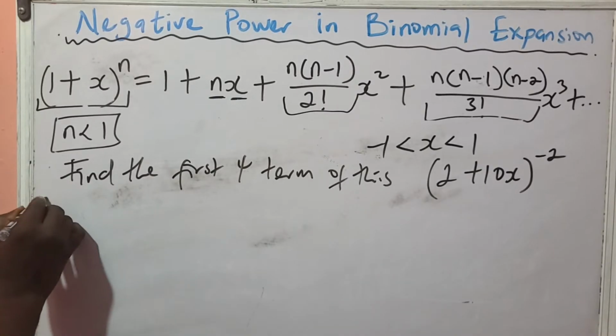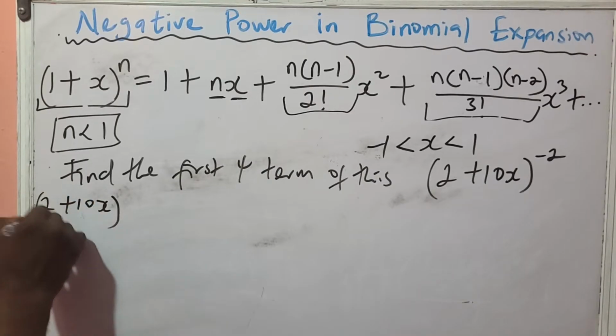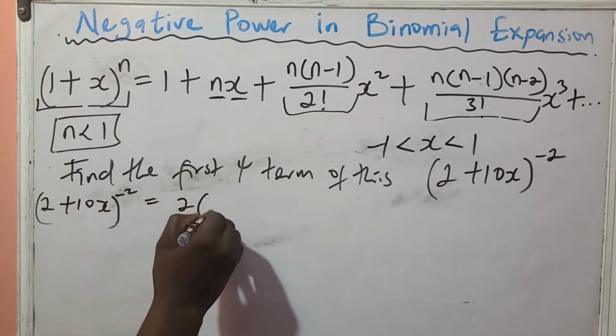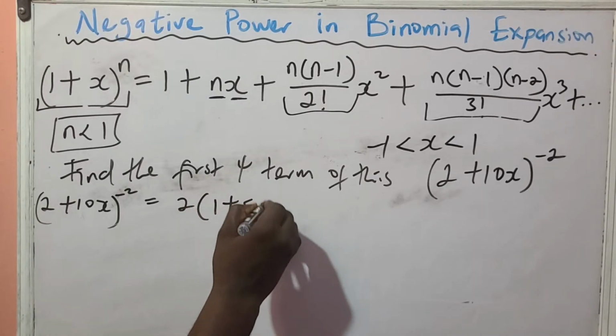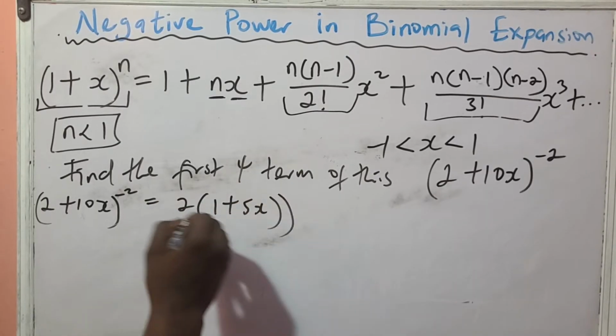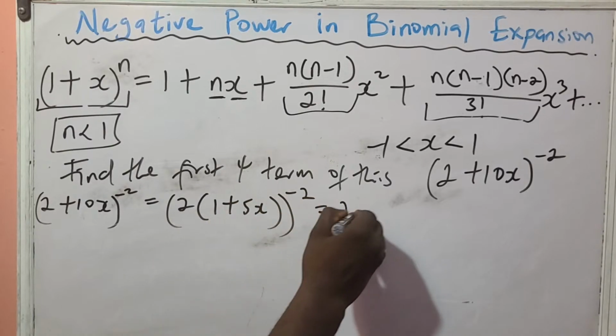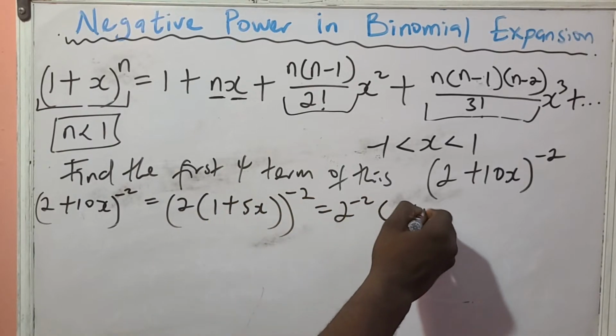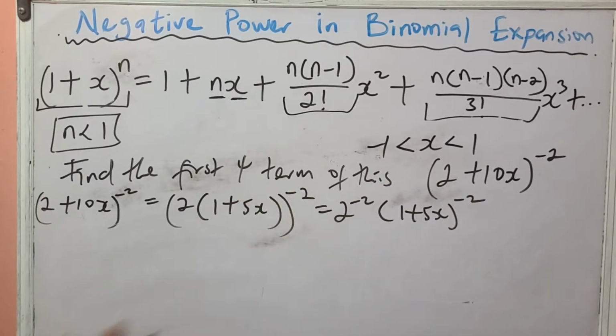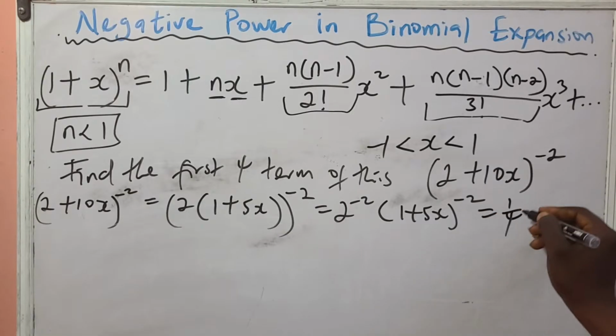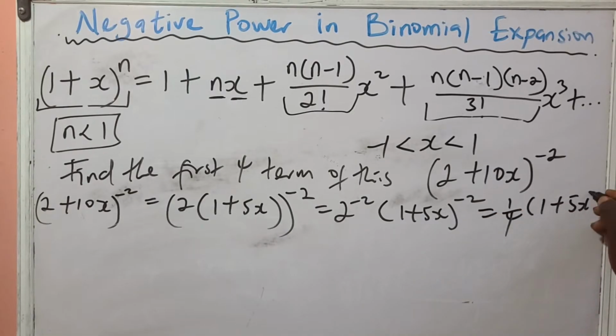So this 2 plus 10x raised to the power of minus 2 will be equal to, I bring out 2, and I have 1 plus 5x, everything now raised to the power of minus 2. This will be 2 raised to the power minus 2, 1 plus 5x raised to the power minus 2. I'm sure everybody understands what I'm doing right here. So I have this as 1 over 4, then 1 plus 5x raised to the power minus 2. This is what we just finished doing over the last about 1 hour. Now, this is good. Now that you are done with this,